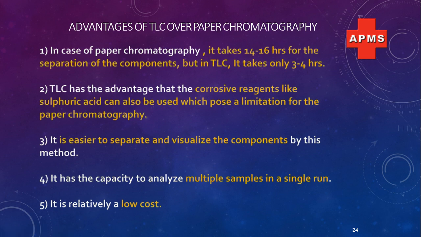Because here the spreading of these sample components is very less, because the silica gel and alumina gel or other such materials are very fine in nature, and their spreading over this sheet does not happen in case of TLC. But if we use paper chromatography, then in this technique the sample components, while traveling on the stationary phase, spread irregularly, or we can say they cover more space during movement.